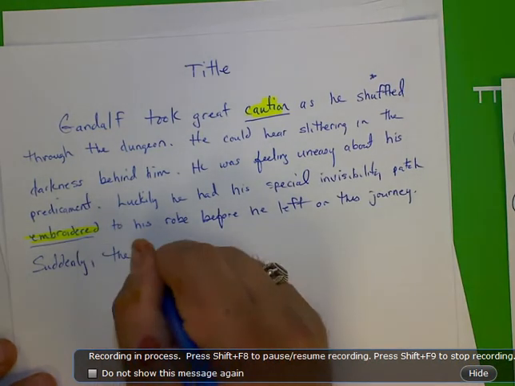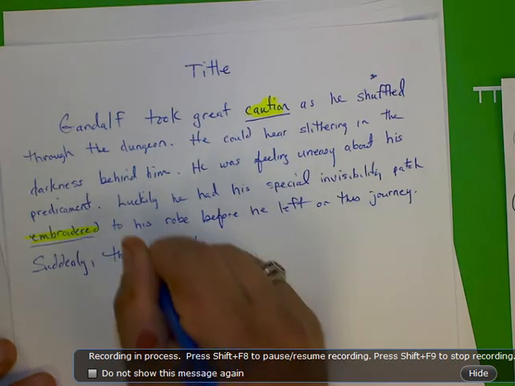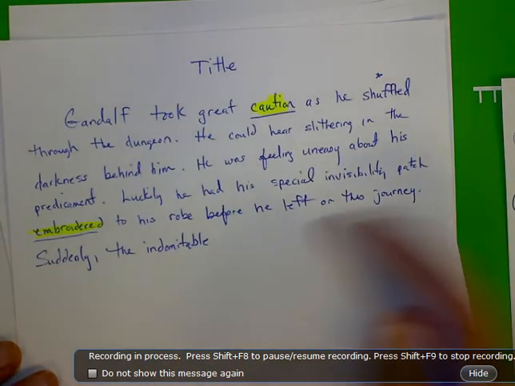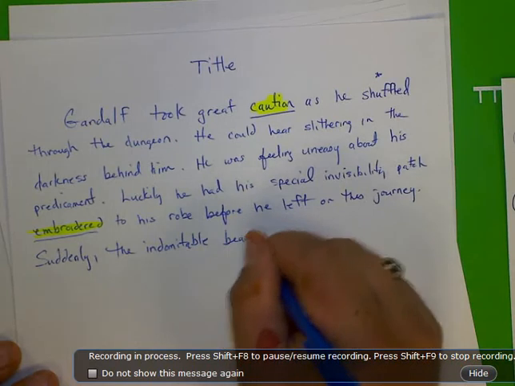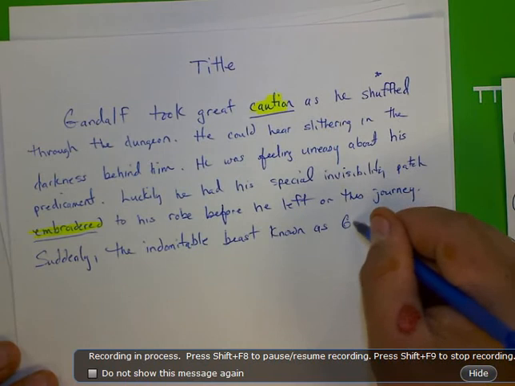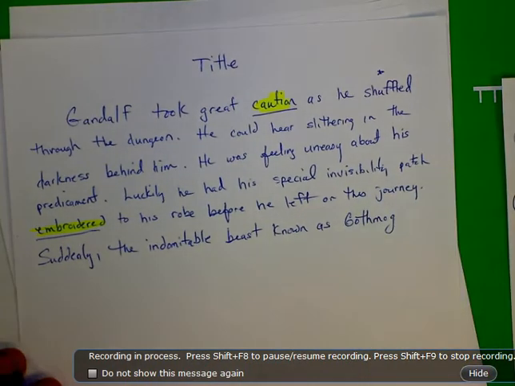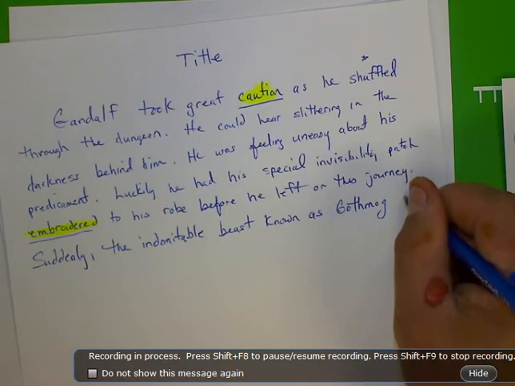The indomitable, and I know this is an adjective, so it needs to describe something. The indomitable beast, known as, let's throw a word out from Lord of the Rings, Gothmog. You can come up with any name you want. I'm just kind of being quick here. Suddenly, the indomitable beast known as Gothmog lurched forward